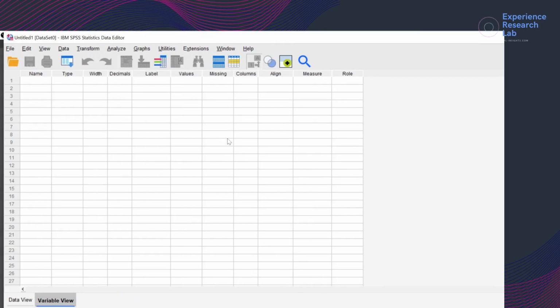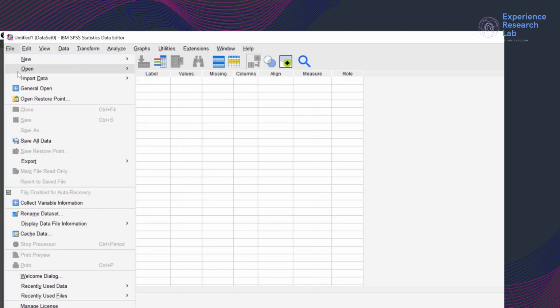Today I'm going to walk you through a very simple procedure of computing variables in SPSS. This procedure is especially useful if you have two or more variables using scale measure and you want to see the relationship between or among these variables by creating a new variable where the values are generated by calculating or computing the existing variables. To do that, I will take an example data set by clicking File, Open,